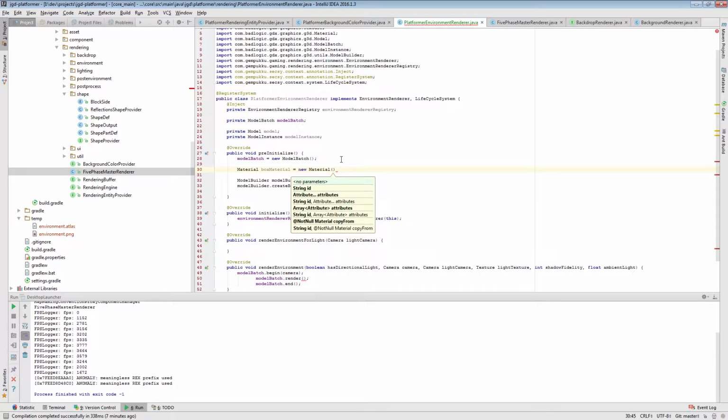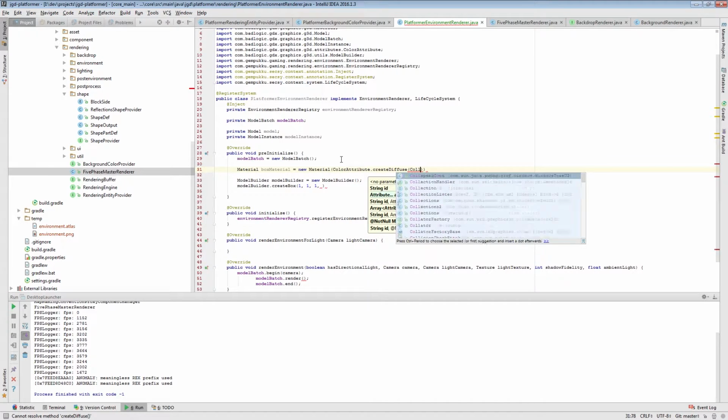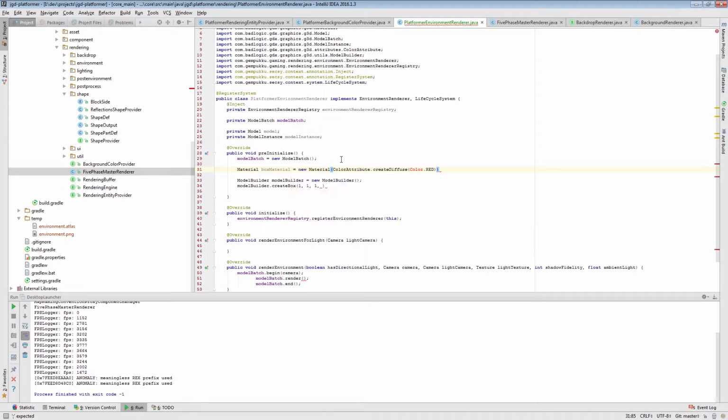Here we'll pass a color attribute, create diffuse, let's make it red. So we'll be creating that material for the box, which is just solid red. So in here we pass the box material, and attributes will say